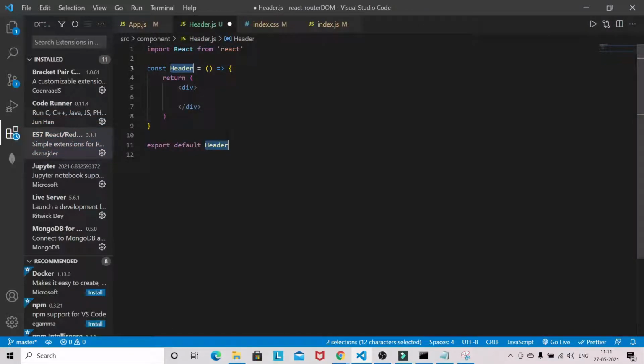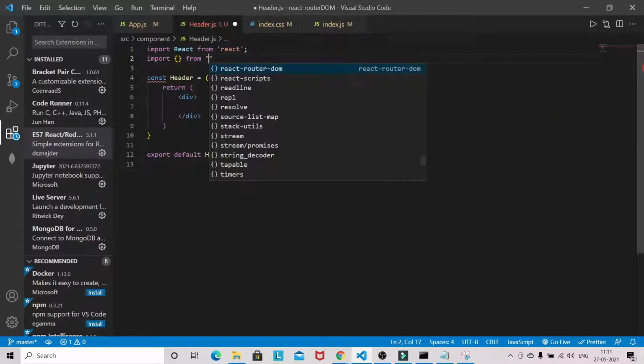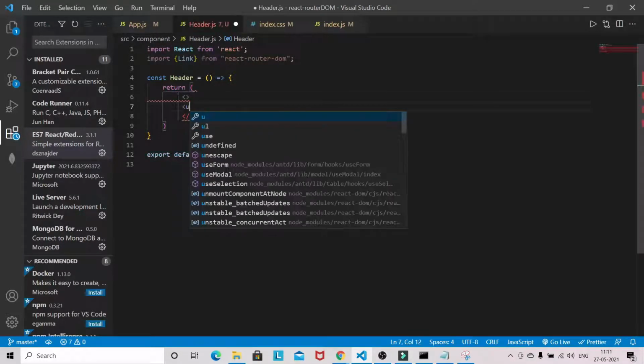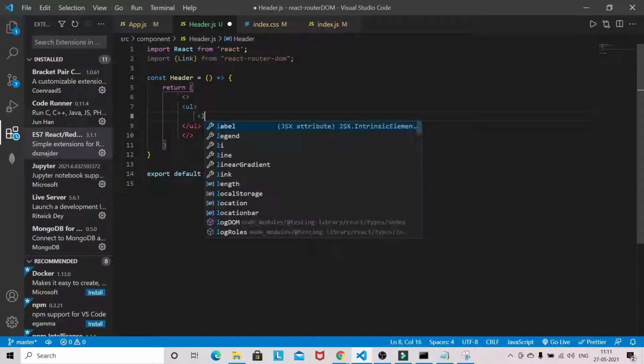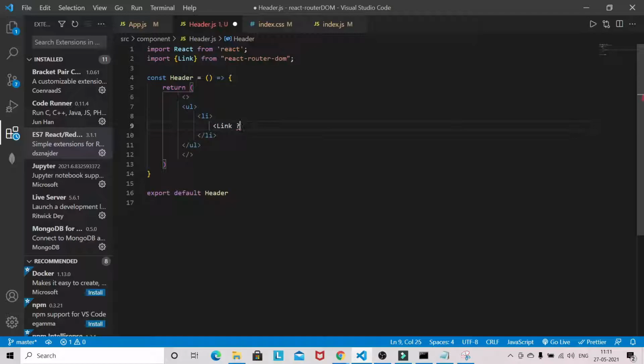Let's import Link from React Router DOM, and I will remove this div. I will use a fragment here, and a ul. In the list item I will have a Link, and it will be the home component.